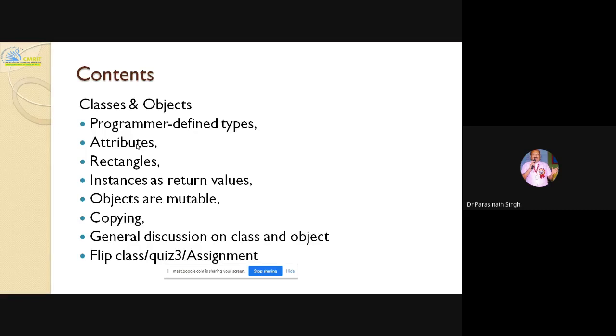Once you modify one, the other will also be affected. So a view refers to the same array. DBMS is also going on, no? There also you might have learned about views. When you are creating a table, the logical view is also represented, but that does not actually take space in the database.